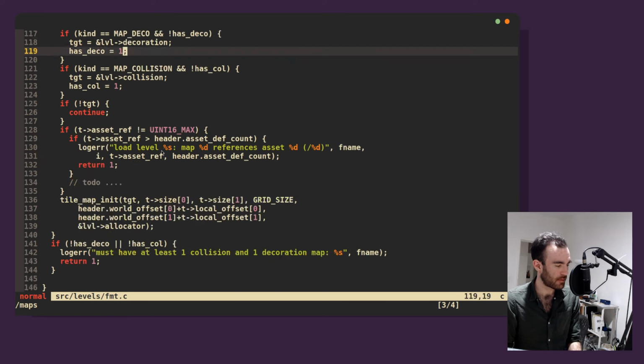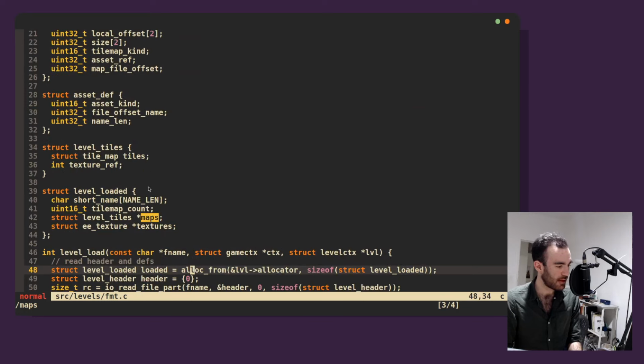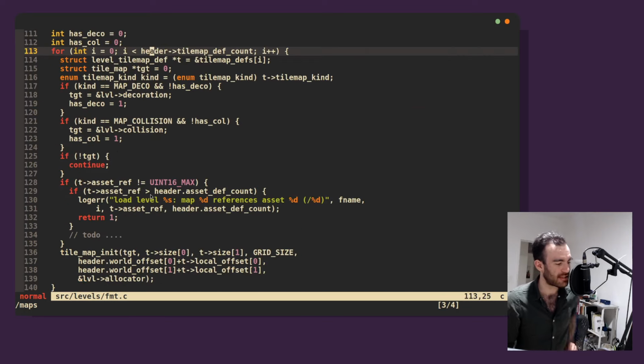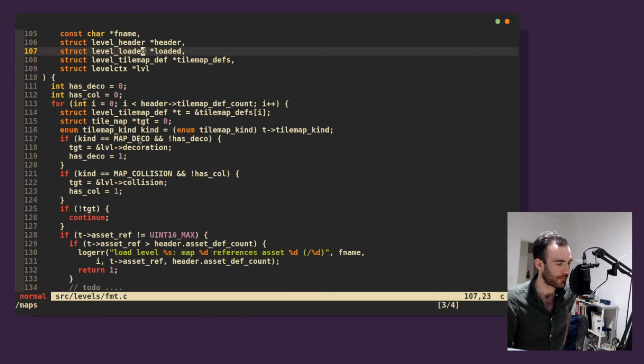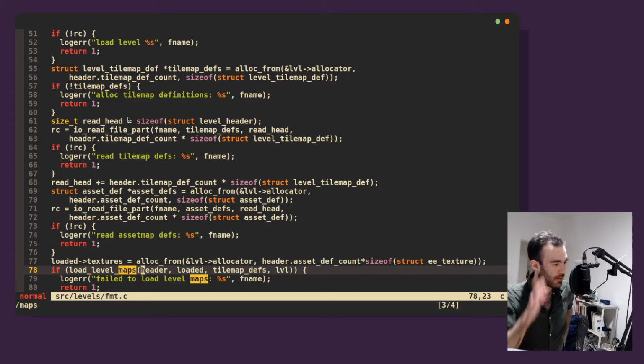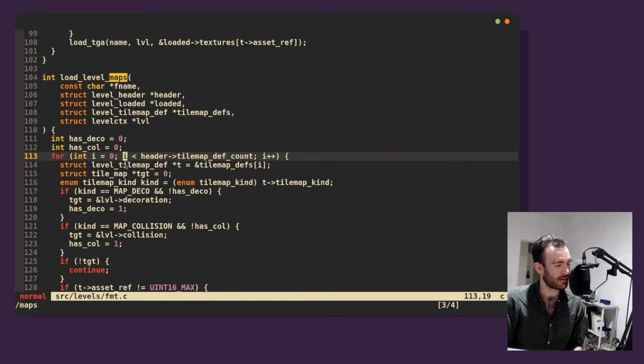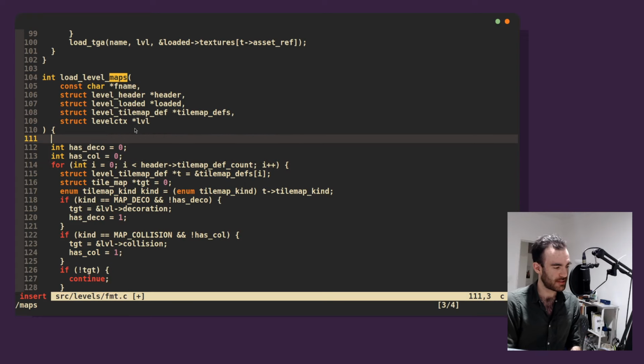Okay, maps, load level maps. So in our loaded level, we probably want to allocate this. And even though we're doing it like this, we probably want to do this as well. So tile map defs, this goes up. Let's do it in here. Level maps. So let's say loaded maps equals alloc from